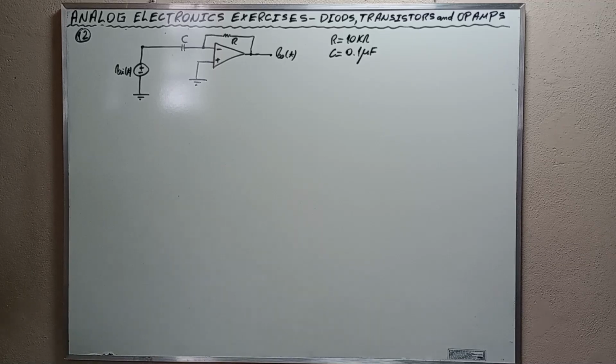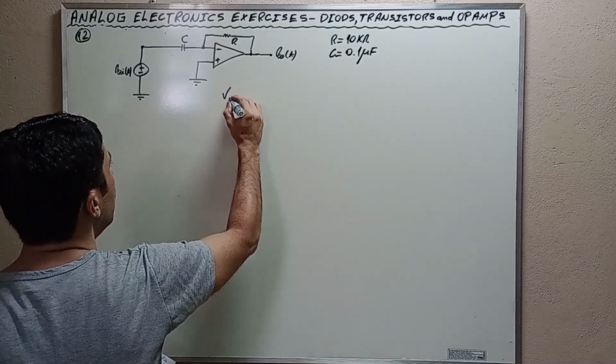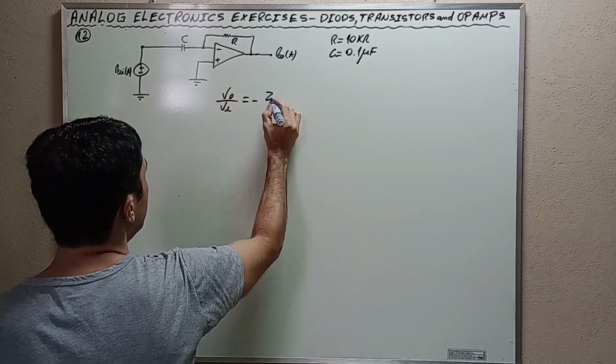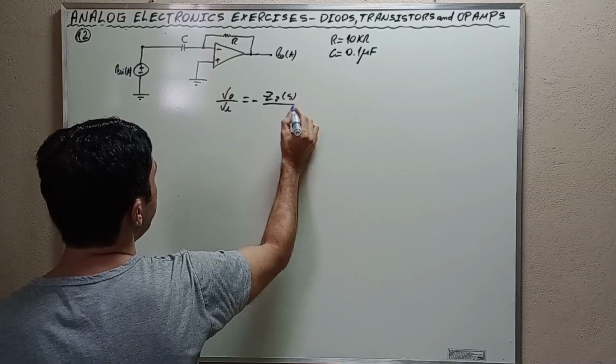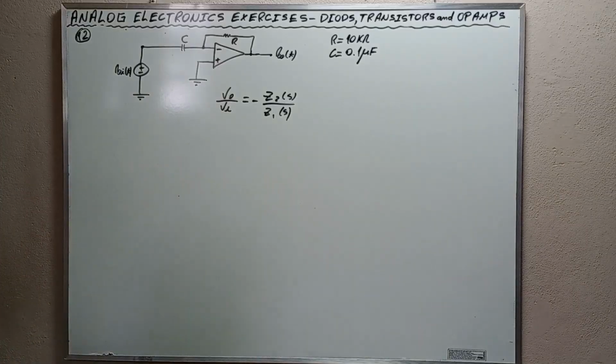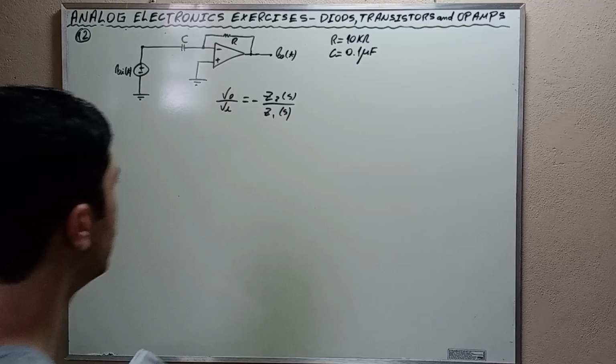When the input signal is connected to the negative terminal of the operational amplifier, the transfer function is VO over VI equal to negative Z2 of S divided by Z1 of S. This transfer function occurs when the input signal is connected to the negative terminal of the operational amplifier, in which